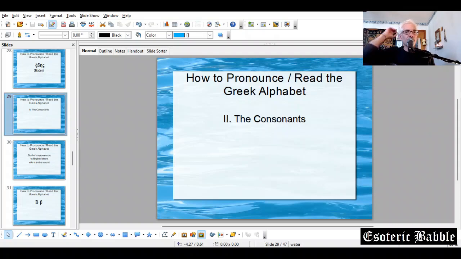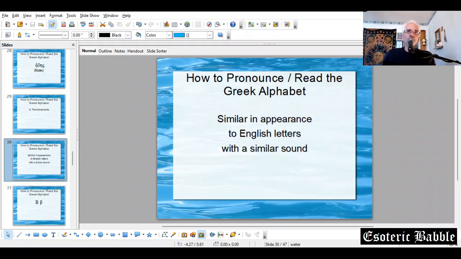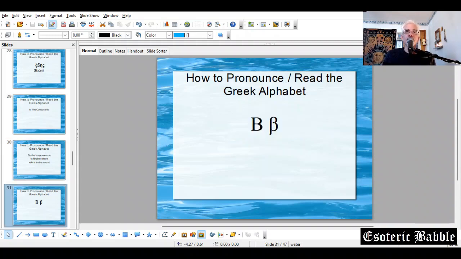So now we're going to continue on with the consonants. And we're going to start with consonants that are similar in appearance to English letters, and they have a similar sound, which means really it won't require much effort on our part at all to remember the sounds. So this is beta, a B sound,